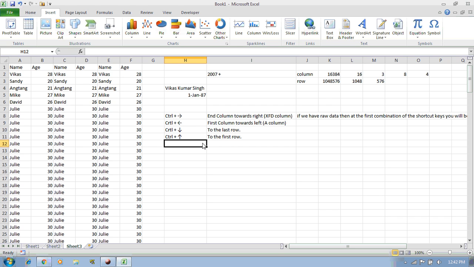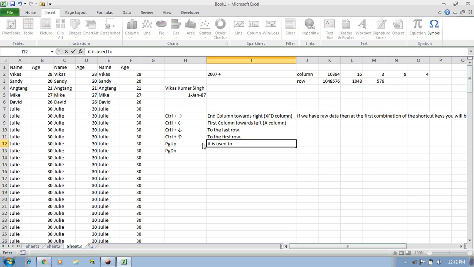Now the Page Up and Page Down keys: Page Up is used to see the previous pages of the Excel, and Page Down is used to see the next pages of the Excel.